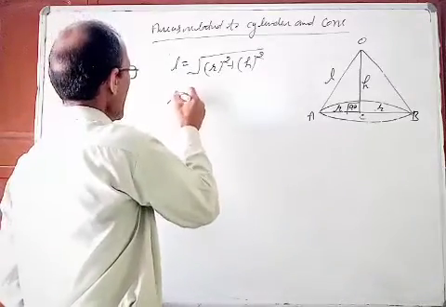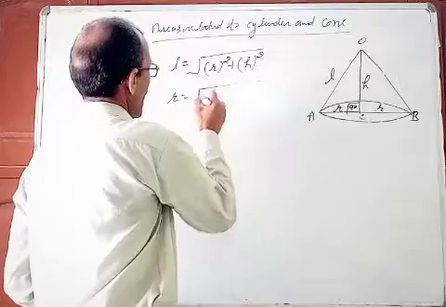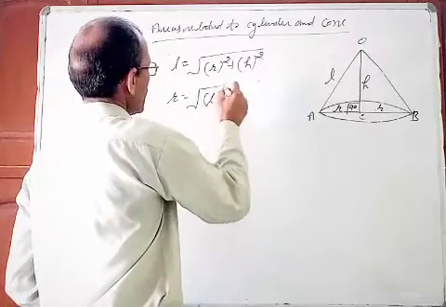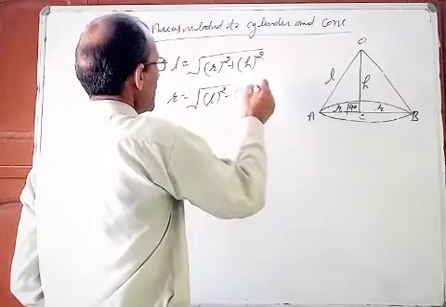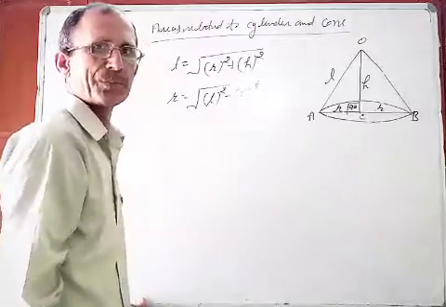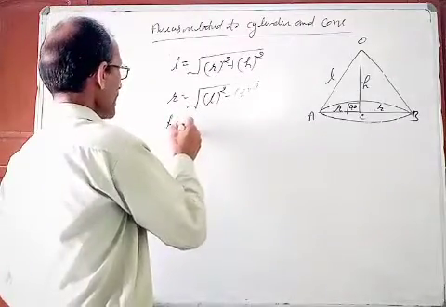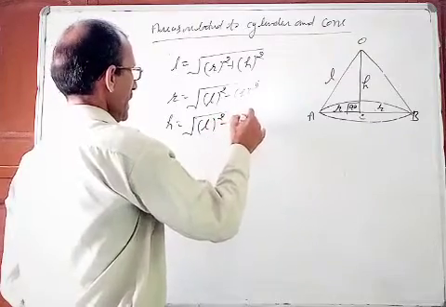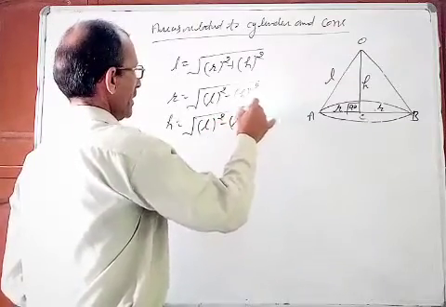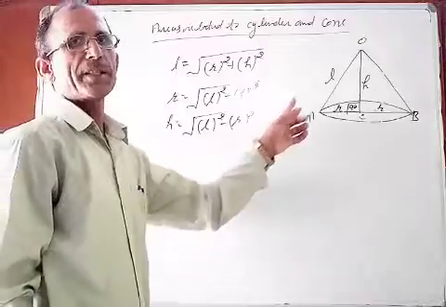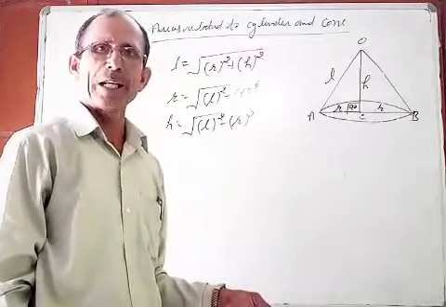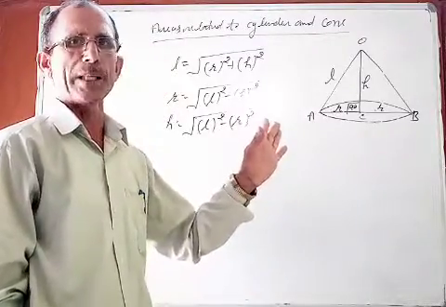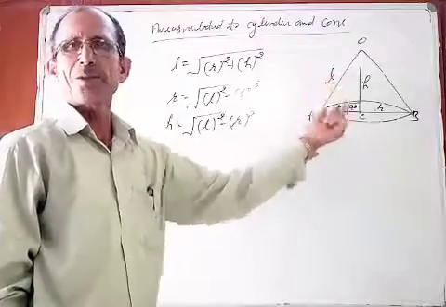If you have to find R, R is equal to root L square minus S square. If you have to find H, so L square minus R square. So these are the main points related to Pythagoras theorem. You have already done it. So here also we need to apply them to find L, S or R.